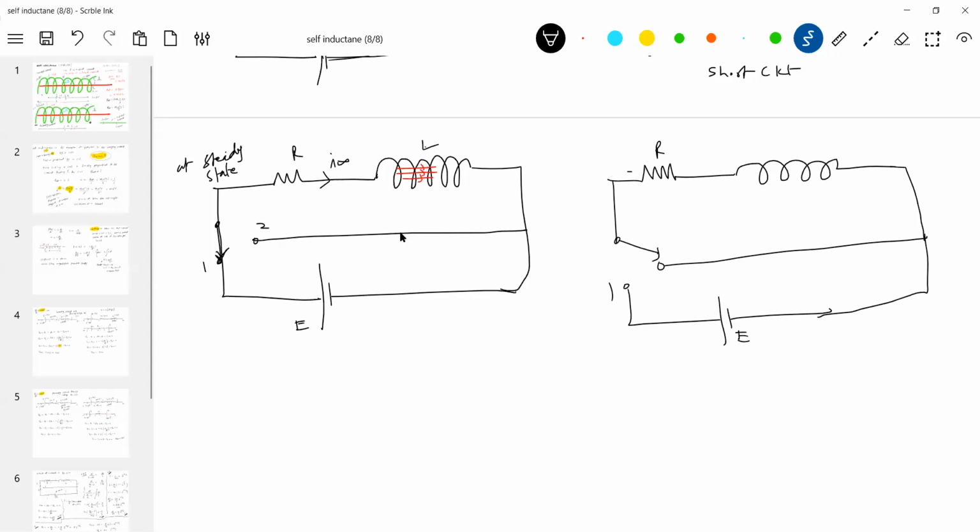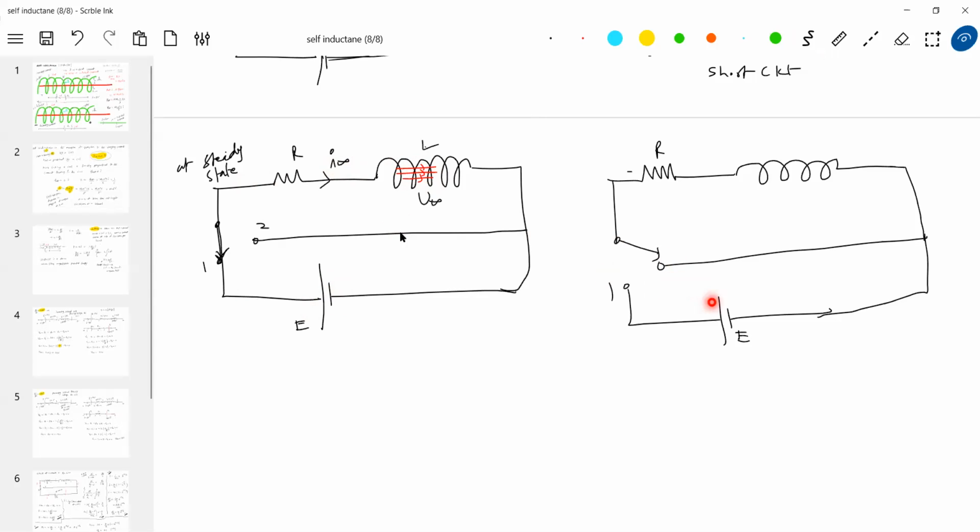Now what will happen to the inductor? Actually, why was this current I flowing? This current I was flowing due to the cell EMF. And why is this magnetic field present? Because of this current. We have to go back to Faraday's law here. Why is this magnetic energy present? Because of the magnetic field, there's a flux. Why is this flux there? Because of current. Why this current? Because of the cell. The moment I move the switch from 1 to 2,